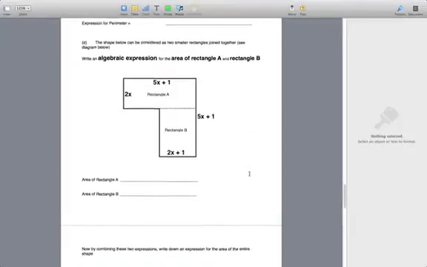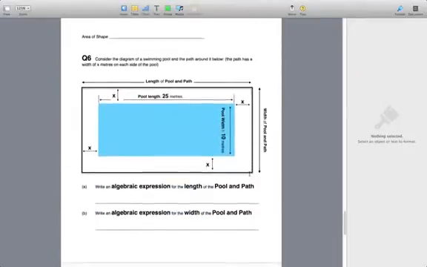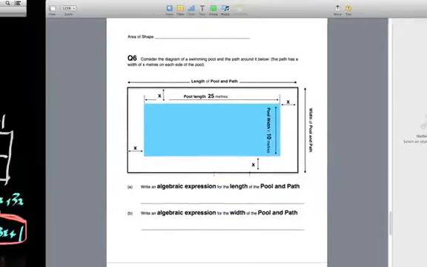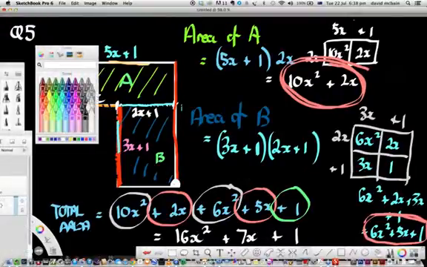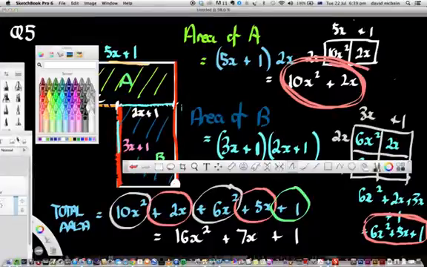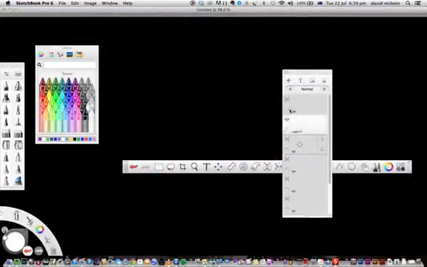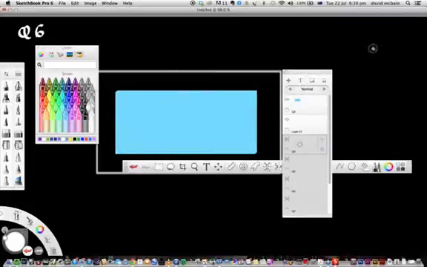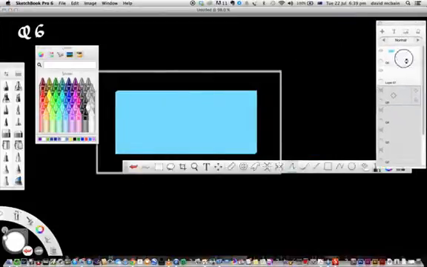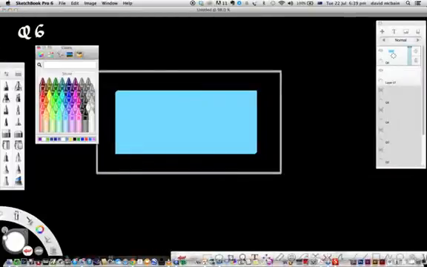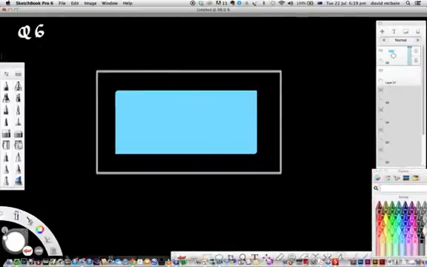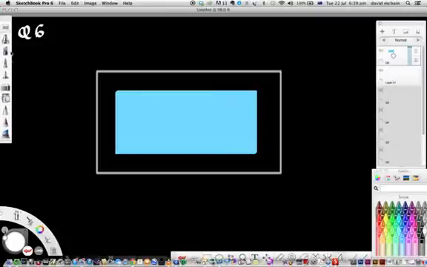And the final question is the swimming pool question. And if we do that, let's see what we've got going on here. So we'll hide that. So here's our final question. And move that out of the way, and we'll move this out of the way. So if you remember, with our swimming pool question,